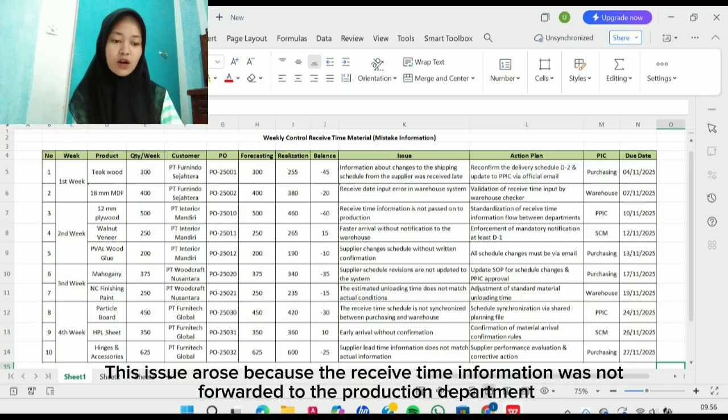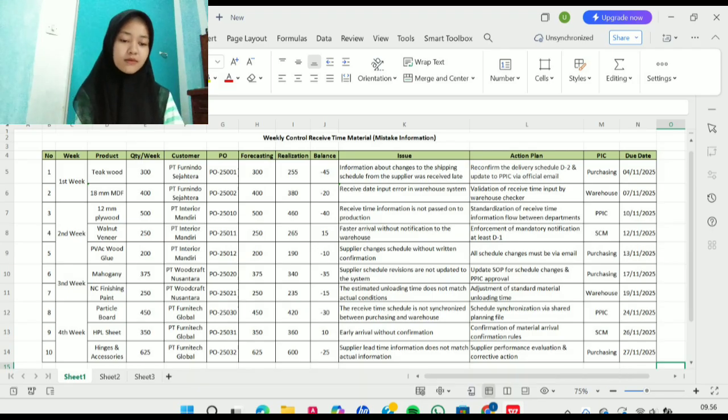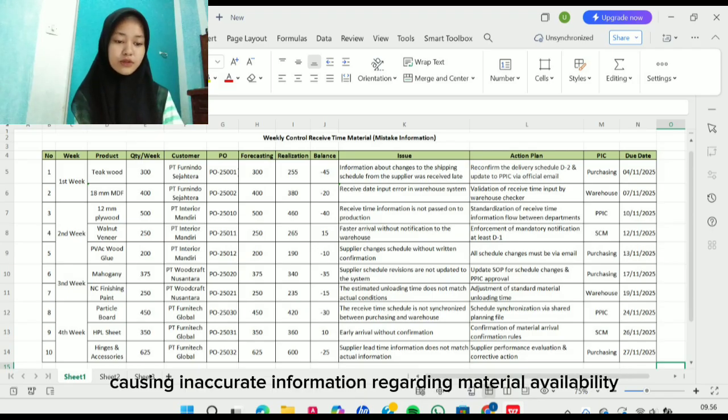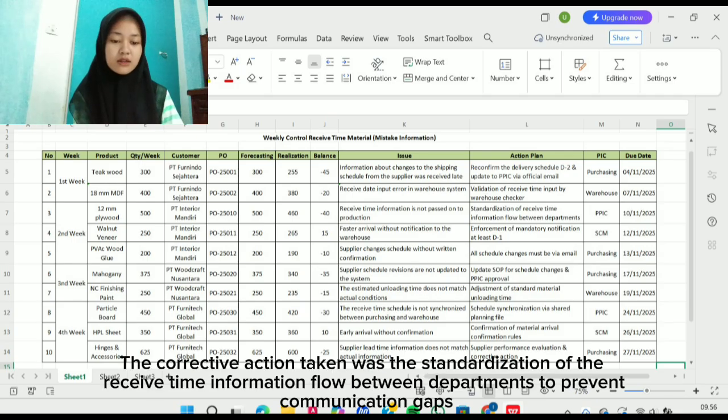This issue arose because the receipt information was not forwarded to the production department, causing inaccurate information regarding material availability. The corrective action taken was the standardization of the received information flow between departments to prevent communication gaps.